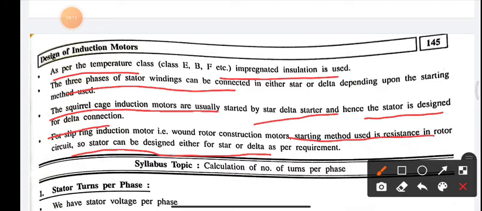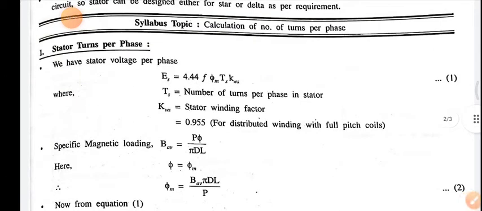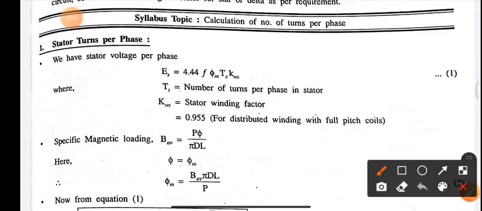Okay, so this was the stator winding, two types: single layer, double layer. And based on the insulation, based on the temperature levels, we will be providing the insulation. And these windings are connected either in star or delta as per our requirement. Very easy topic. Now moving further, the first point that is required in the design of a stator is stator turns per phase. Okay, this we have already discussed in the earlier lectures. So stator turns per phase. Now we have that.